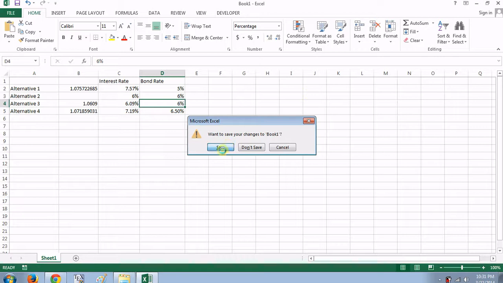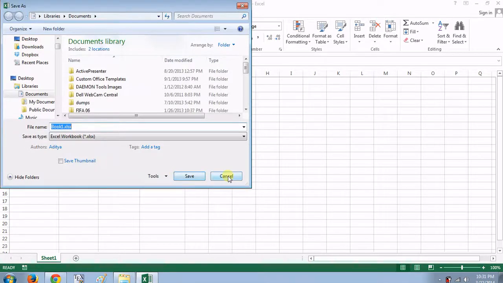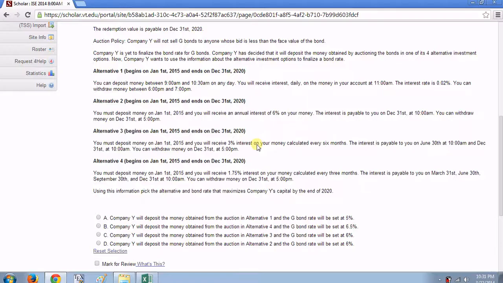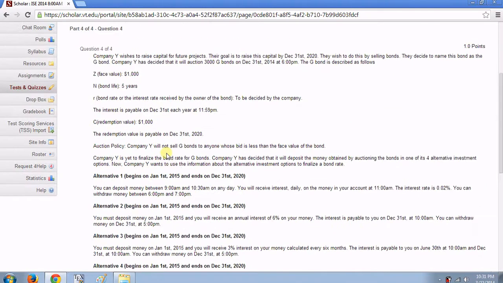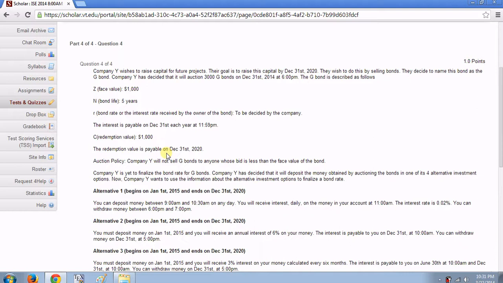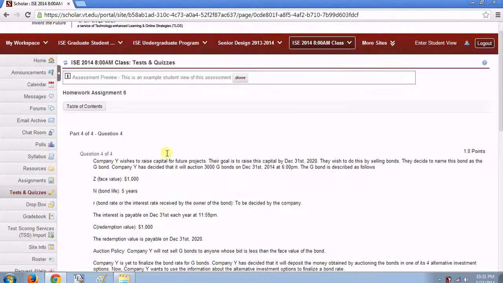I made it simple on purpose, just to see how you would react. I hope this hasn't been too tough. Do not become comfortable and think all homework assignments will be like this. Maybe they will be, maybe they won't. I don't know. But the idea was more IRR, the bonds, they're all tricky concepts, and I just wanted you to be comfortable with